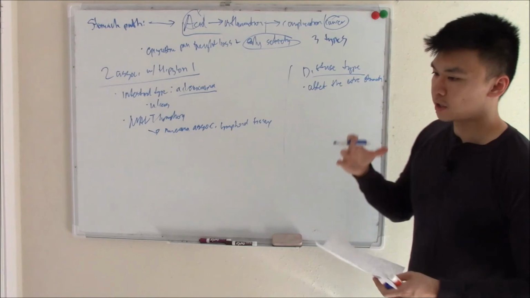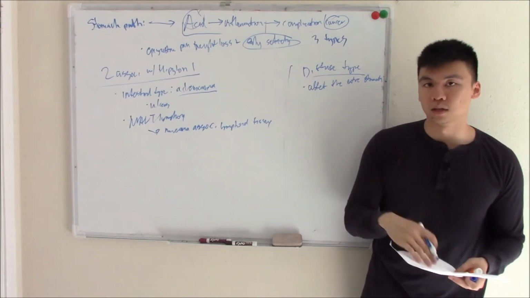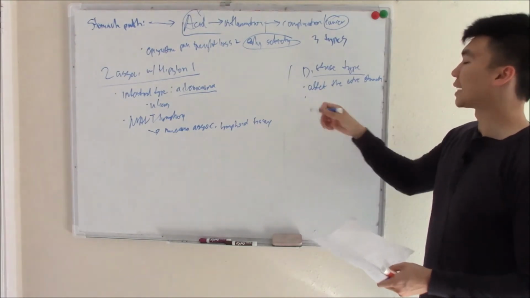They can show you a gross picture of the stomach that looks like leather, say nothing more, and you should be able to tell it's diffuse type gastric cancer. That's what it looks like grossly. What does it look like